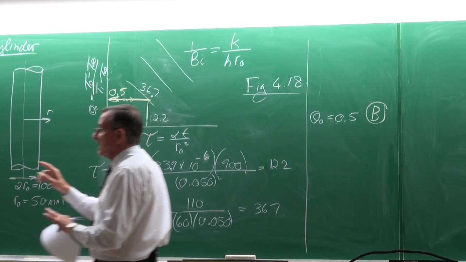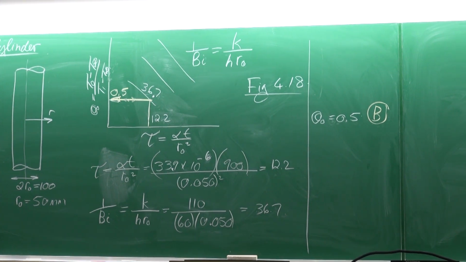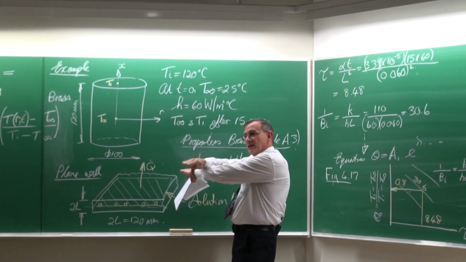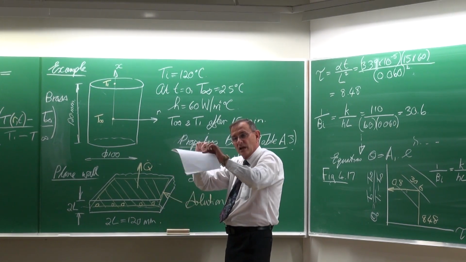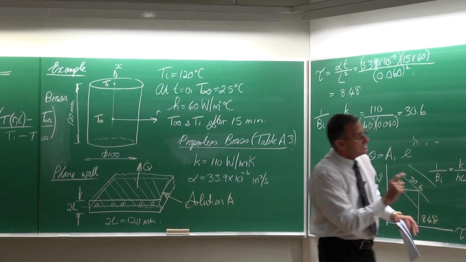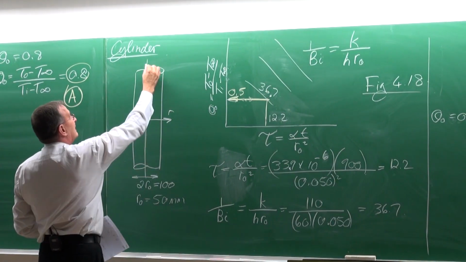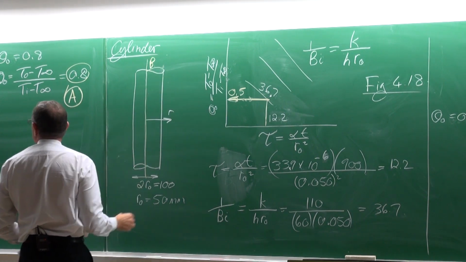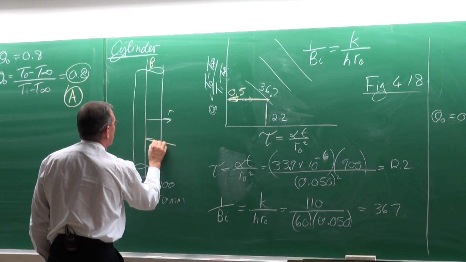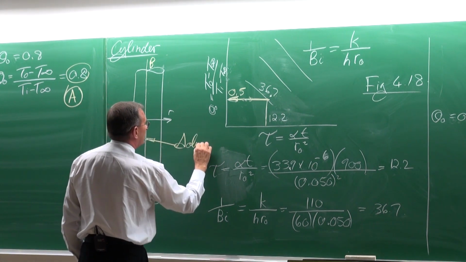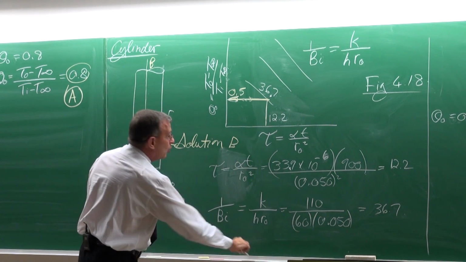Now, if we compare solution A, the plane wall, it would be the temperature in the center, and it would be like a sheet of paper. It is not a line. While in this case, the solution will be along that line. So that is the solution B on that line. If it was a plane wall only,